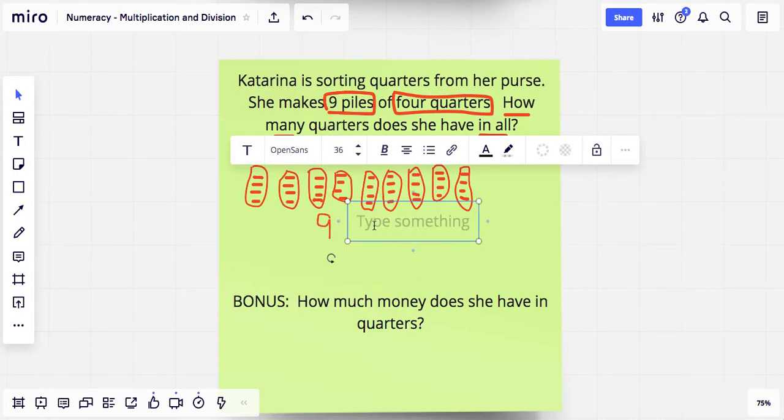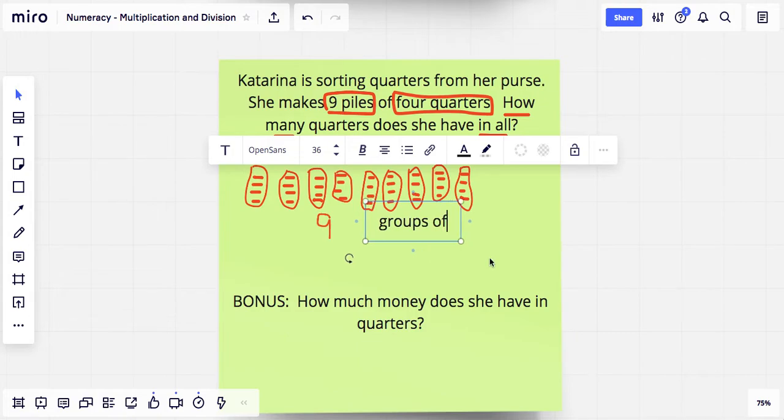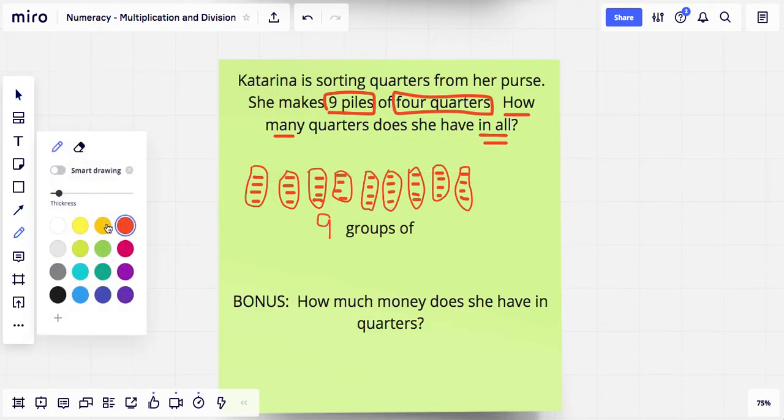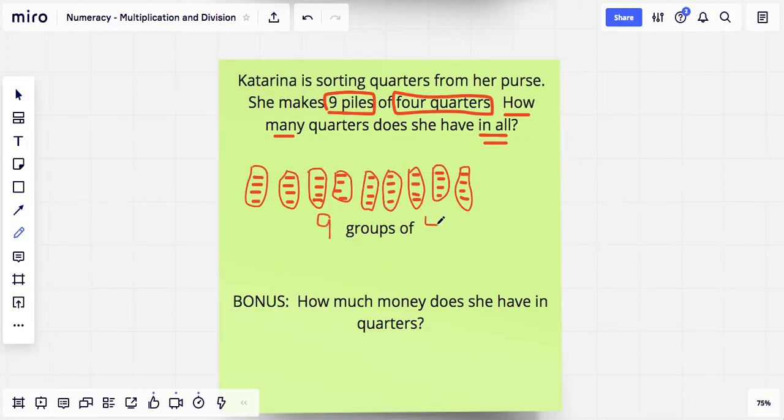I'm just going to try something a little different here. So there are 9 groups of 4, okay? And that can also be said as 9 times 4 equals. All right, so we can count these out if we need to. We can count them out as 4, 8, 12. So I'm just adding 4 each time. 13, 14, 15, 16, 17, 18, 19, 20,